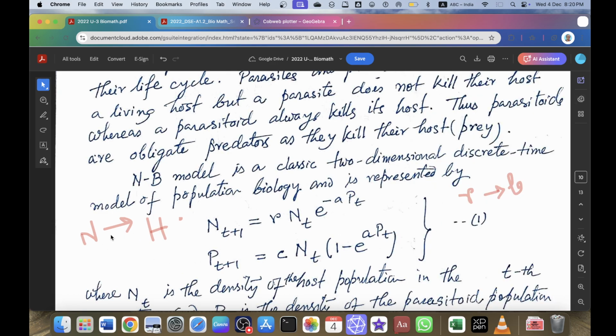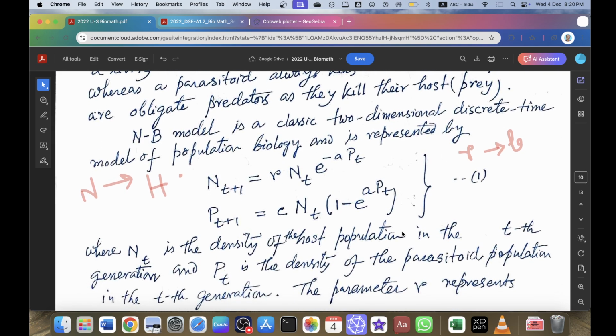So the only replacement is this N by capital H and R by small b, where